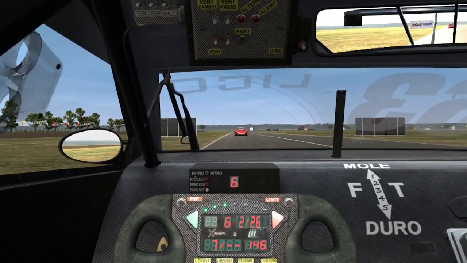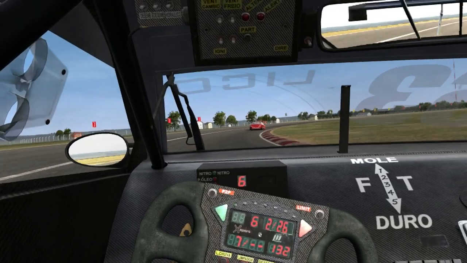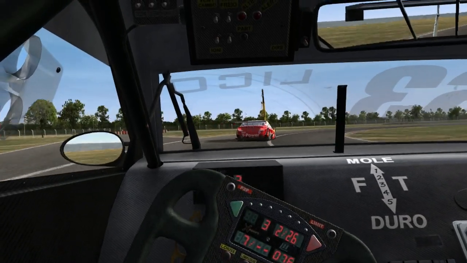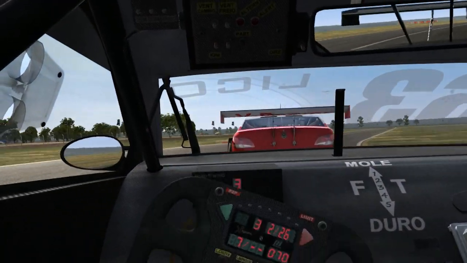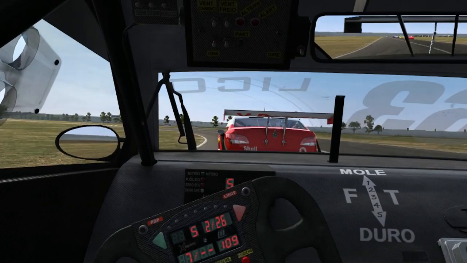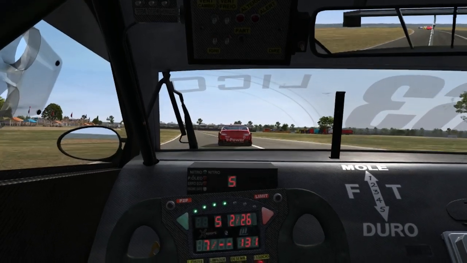Just kind of chilling in second place. Cars behind us in qualifying, actually the grid was within 0.8 of a second from the pole to 15th position, somewhere around in there. So you definitely have to get it done if you want to be competitive against the AI, which is definitely a great thing, because